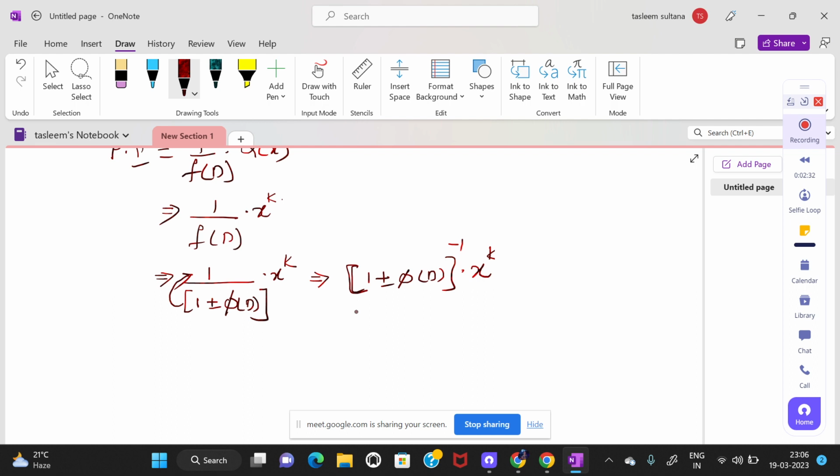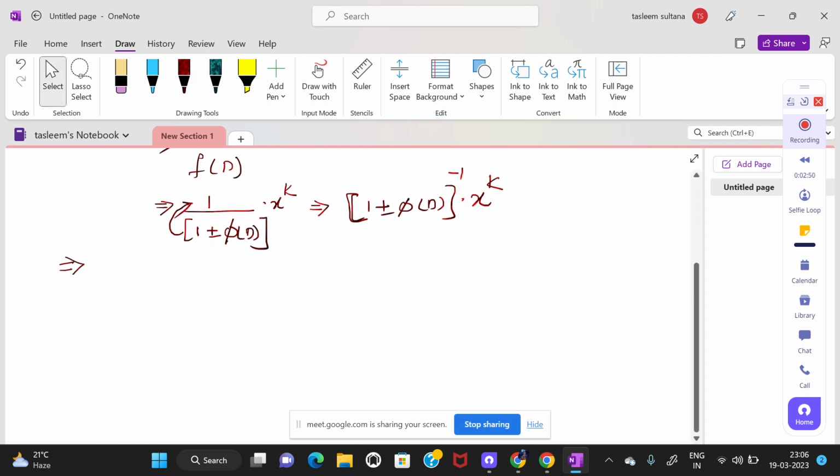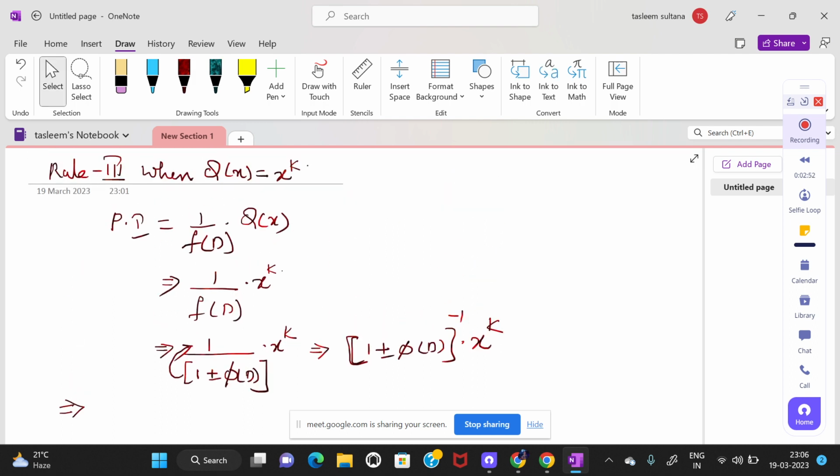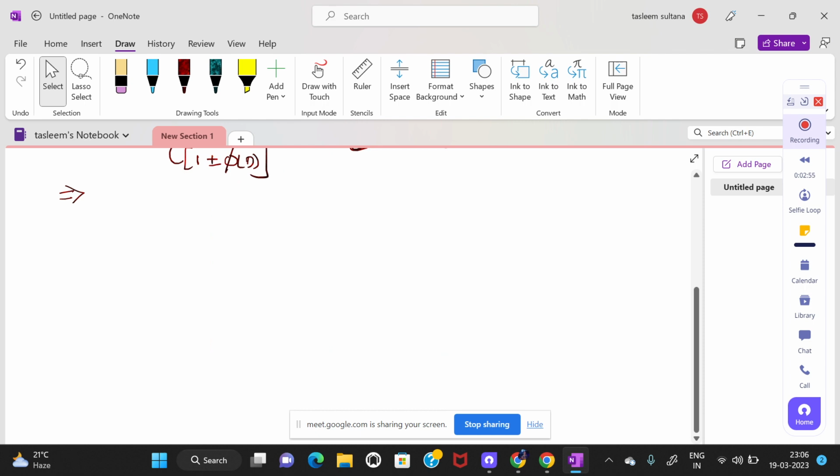You are going to open this by using the binomial expansion. Then you operate this x to the power of k on each and every term of this bracket. Here, these are the expansions frequently used. The first one will be 1 divided by 1 minus D, which is equal to,